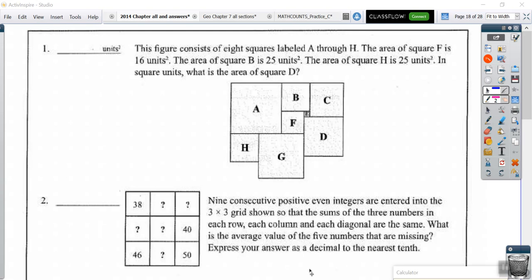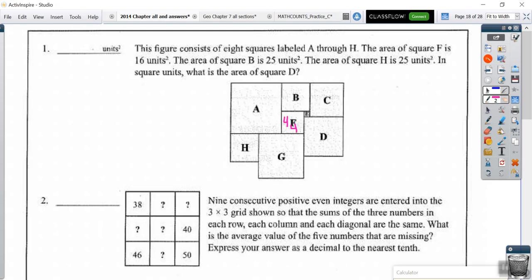Okay, so we're gonna do questions 1 through 5. For the first one, a figure consists of 8 squares labeled A through H. The area of square F is 16 units squared. When we're doing area, we know that length times width is how you find the area. So for F, since they're squares, we know that it's 4 and 4 for both